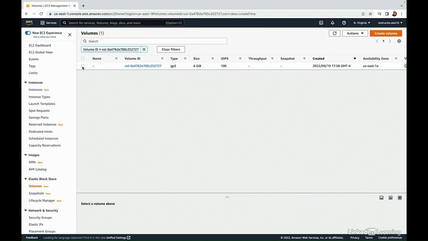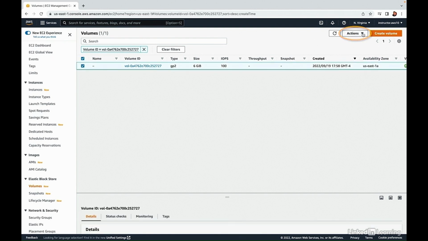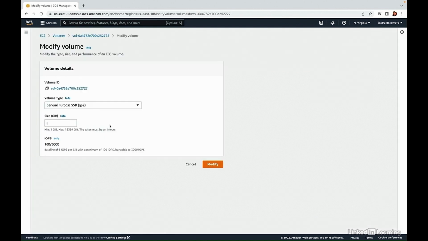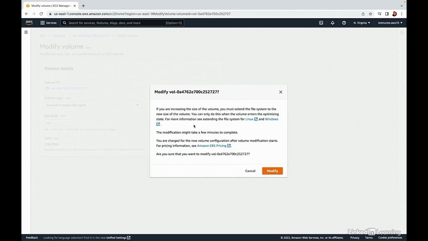If we check the checkbox next to this volume and go over to Actions, we can modify volume. This will allow us to change the volume type if we wish, or, in the case of this demo, to change the size from 6 to 10. Click Modify. We're being told here that this